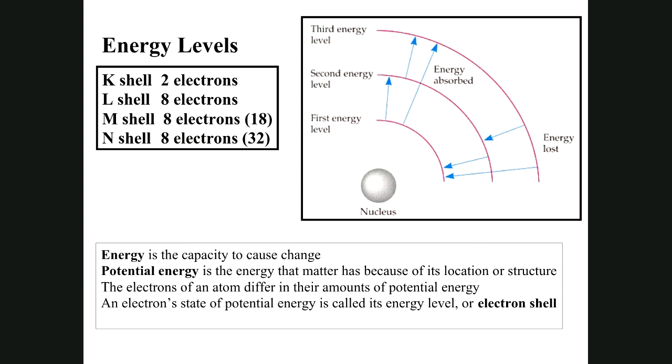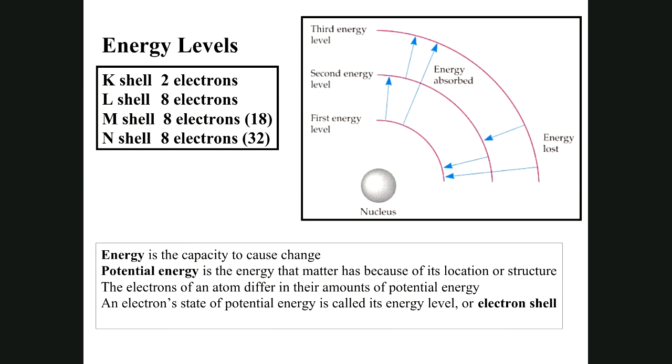Now, looking at this example here, let's look at the left-hand side of this picture that shows the nucleus and the electron shells, and you see the arrows going out, energy absorbed. Electrons can absorb energy, and when they do that, they move to outer shells. Now, that's a temporary thing. And when the energy absorption stops, they decay back down, the bottom right-hand side of that picture, energy lost, and they decay back down to the shells they came from. Again, the first having only 2, the second can have a maximum of 8, the third a maximum of 8,